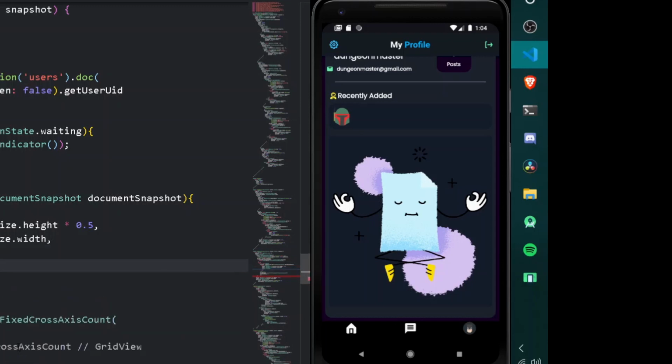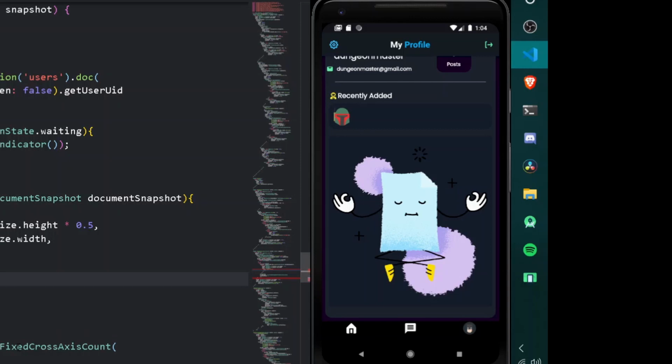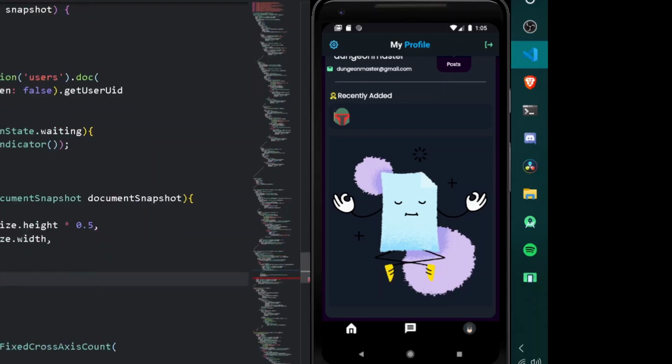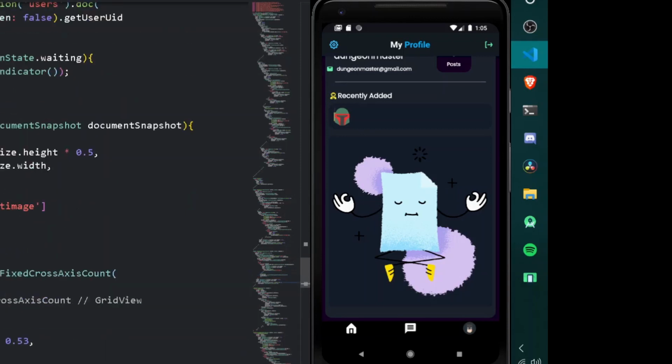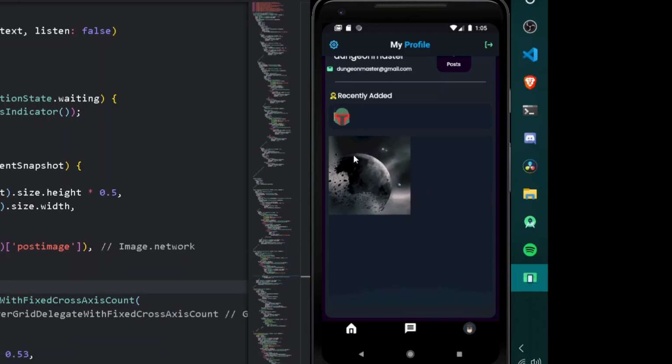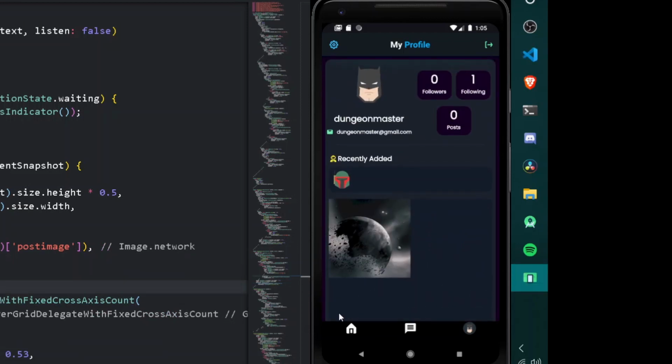Under the following FittedBox let's have a child to be Image.network. Under the following Image.network I shall be having documentSnapshot.data, and from this I shall be simply getting post image. Alright, let's check what we have provided. So here under the following thing we have post image. So here we can simply have post image as well, easy. And once we have done the following thing, cool. So now format document once and press Ctrl and S, and here you may observe we have our entire post that we have uploaded of our dark sky.